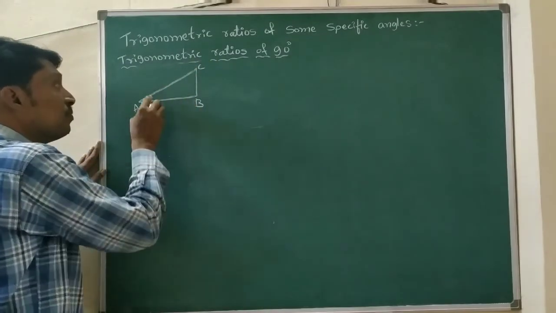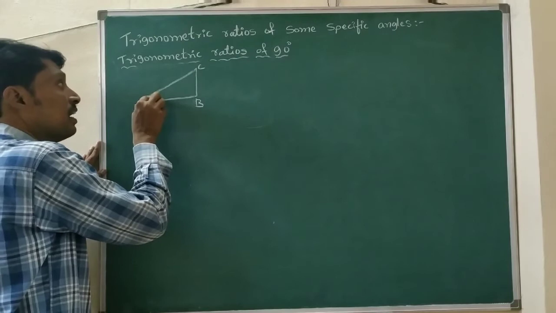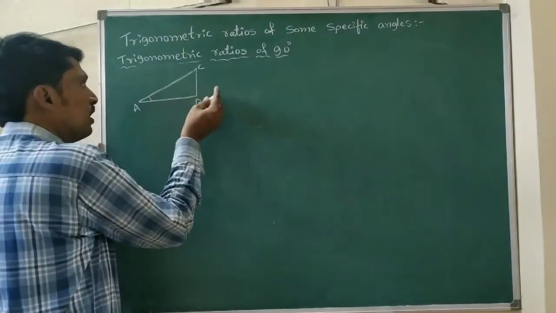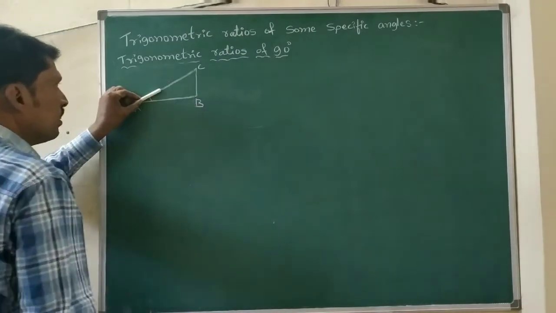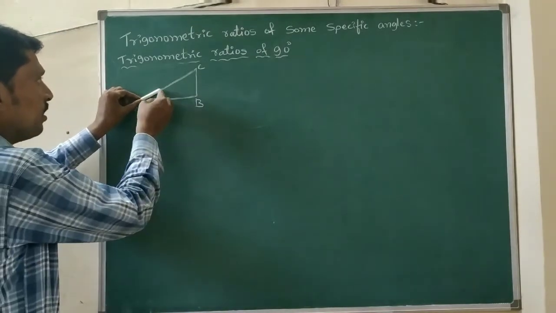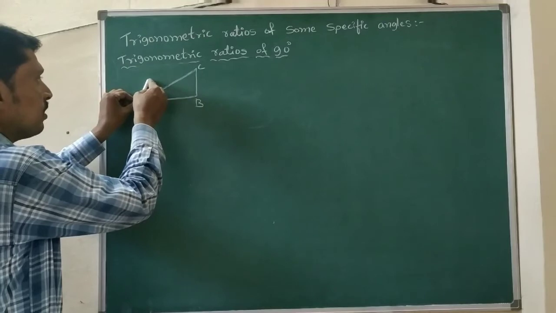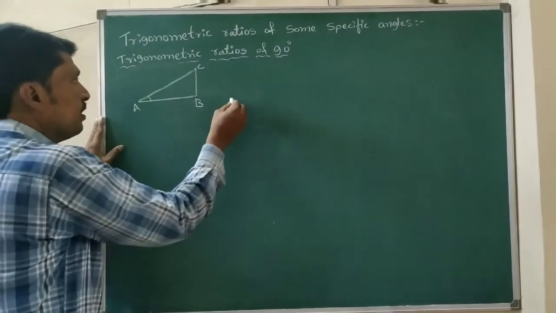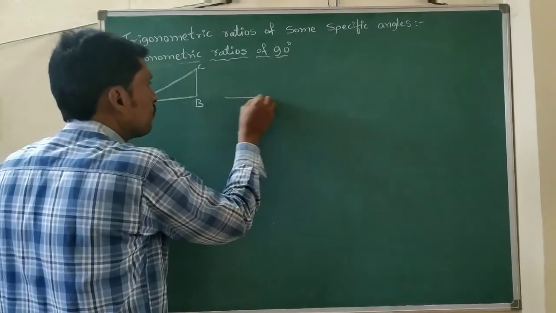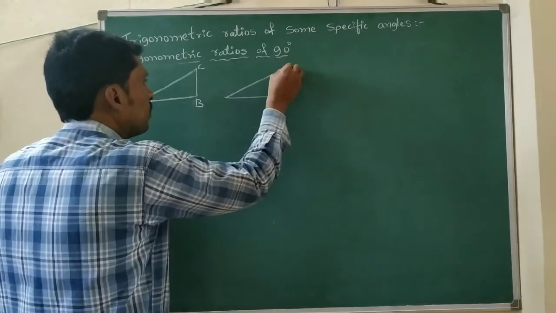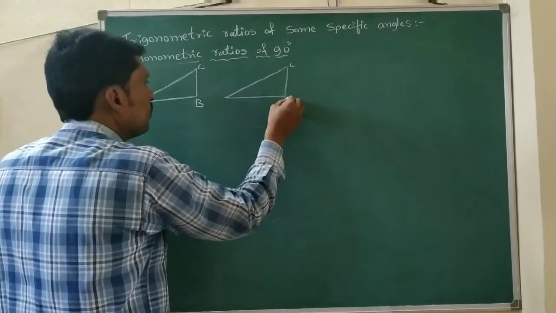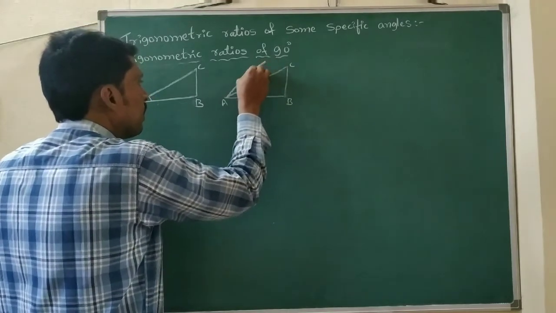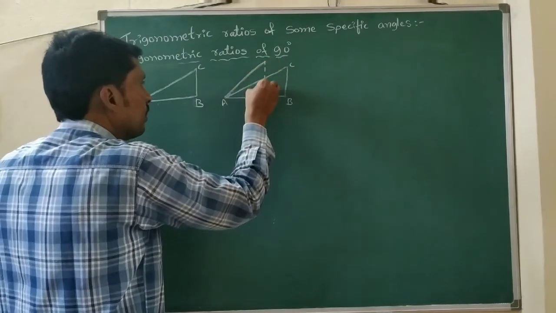So here we need to get 90 degrees. At A we need to take 90 degrees. If we are making the angle 90 degrees, we can get it like this. We are taking it like this, which means the angle is increasing, and the figure becomes this. This is the actual figure: this is C, this is B, this is A. So as we increase the angle, we are getting it like this.